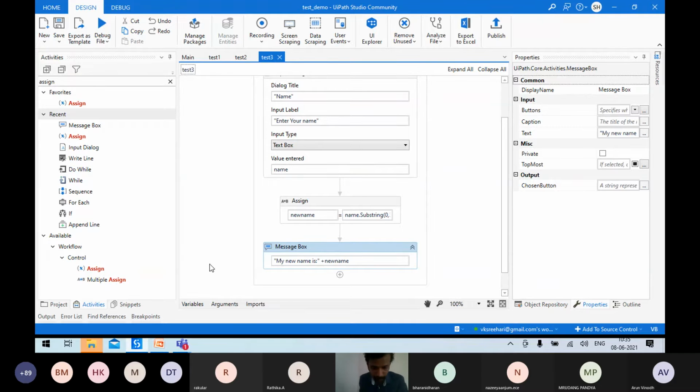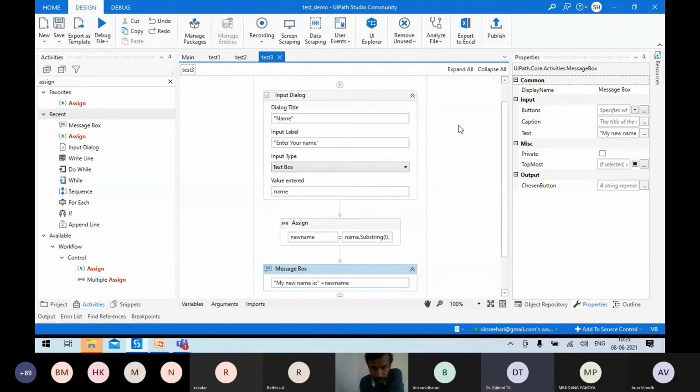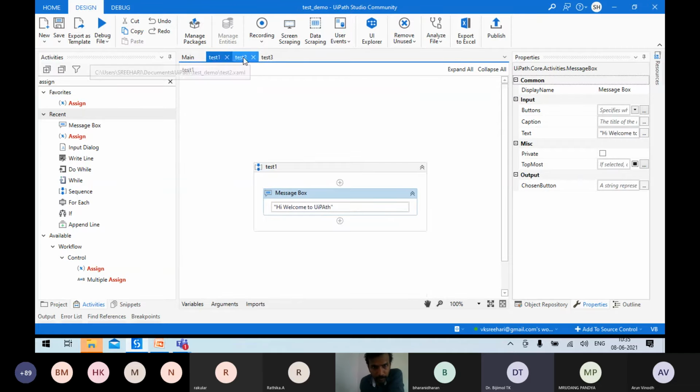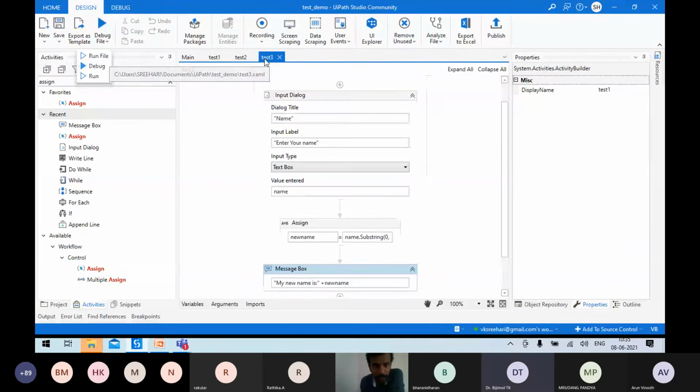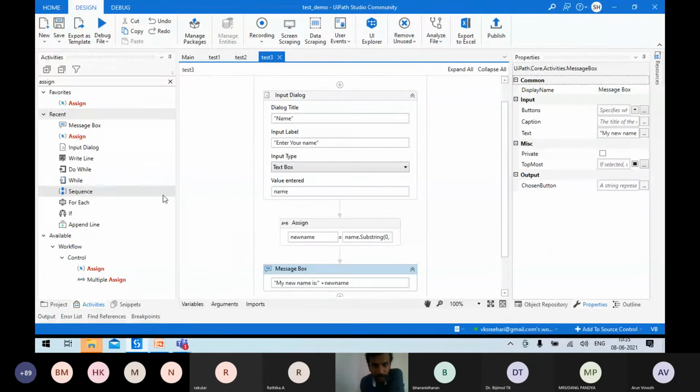Sir, I have a question, sir. Yes. Sir, this is the 3rd project. When I created this and run the project, the first project is running as default. How to set it as the 3rd project? By default, the first project is running. Test 1 is running when I run this program. Did you take it from this drop down and run it while running? Are you having this screen in front of you? Yes, sir. This screen is in front of me.